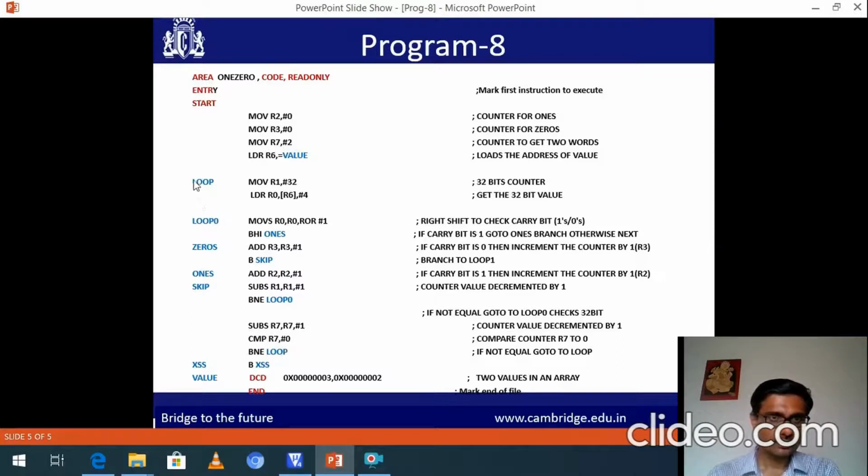This is the loop. Here R1 is initialized with 32 again. Why? Because you have to perform the rotation again for the second data, the second word. Now, where is R6 pointing?